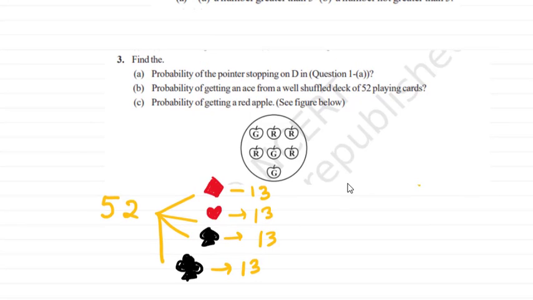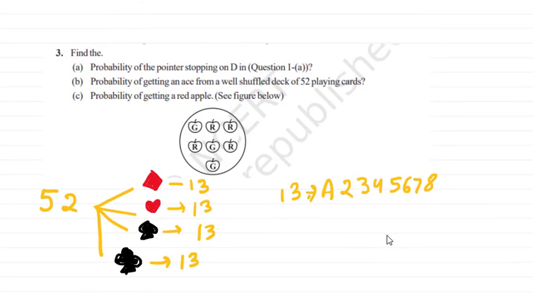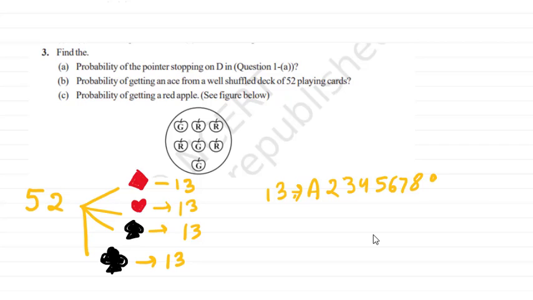Now in each suit of 13 cards, the first card is ace. Okay, and then we have numbers 2, 3, 4, 5, 6, 7, 8, 9, 10, and then there are three cards, that is Jack, King and Queen. So these are the cards that you have here. You will get these 13 cards for this